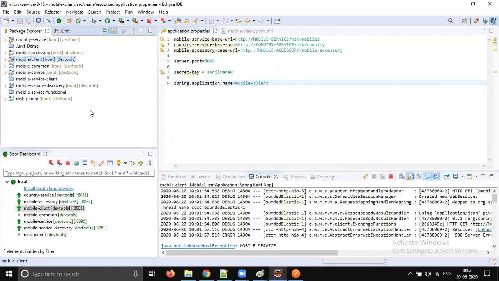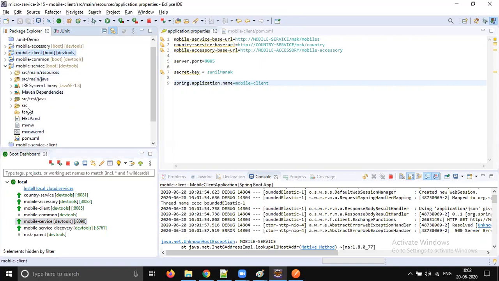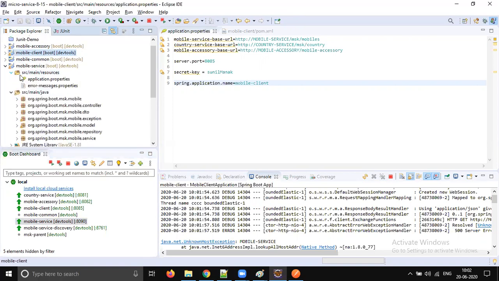If this is not working, then we need to write code to get that service name from the service registry. Okay. Let's quickly go to mobile service and see what is the exact name we gave. We'll try that out, whether that will work or not.